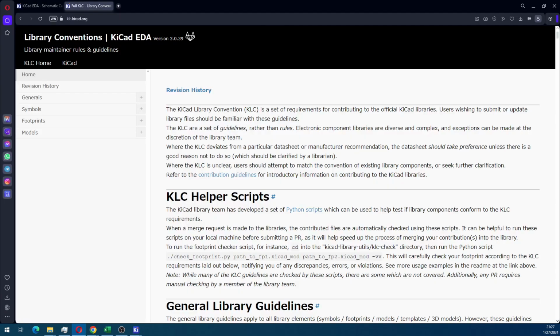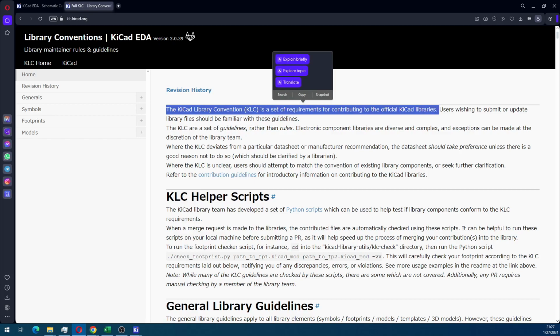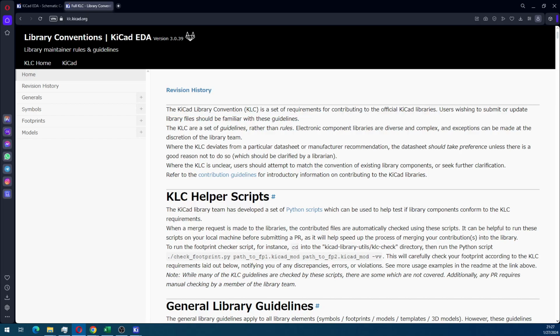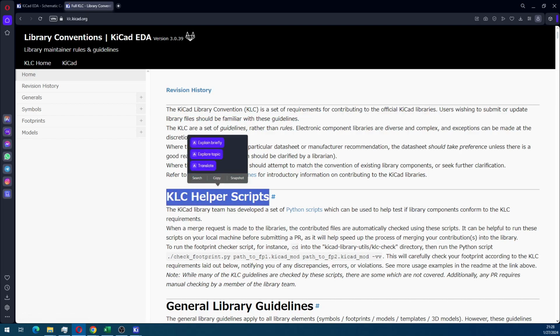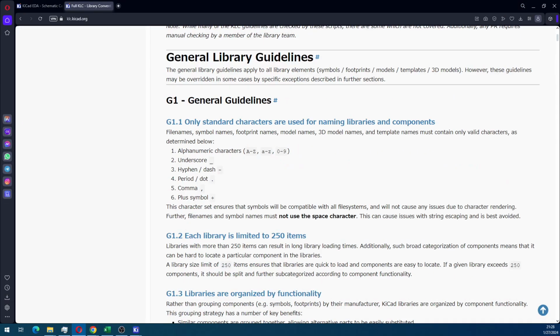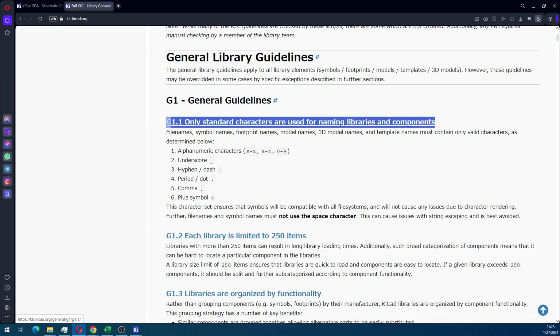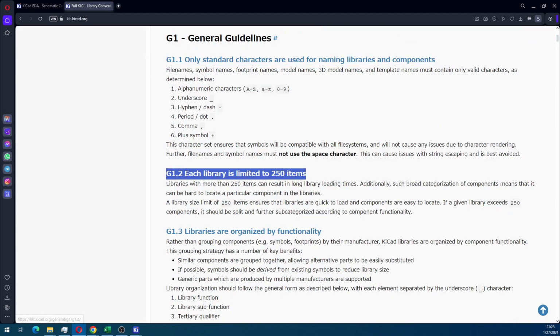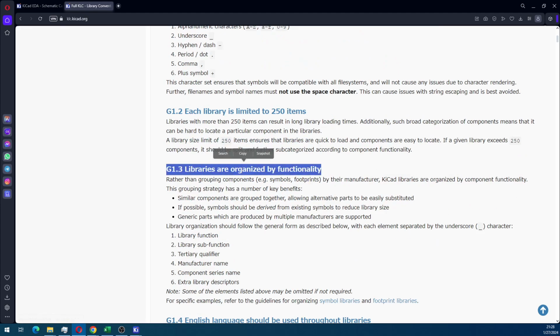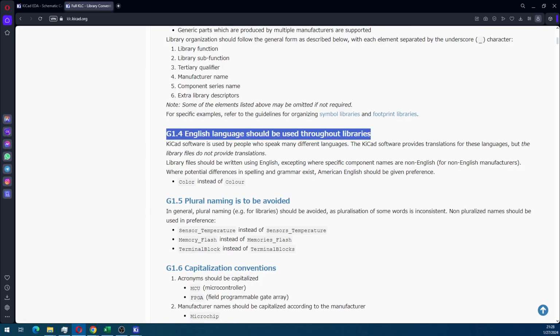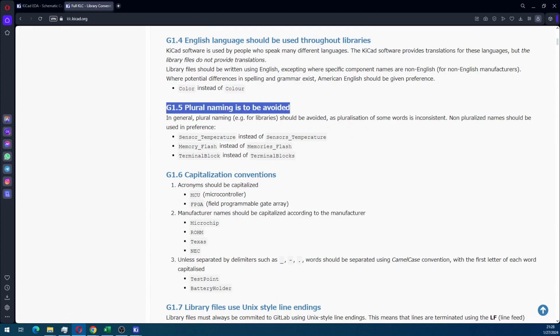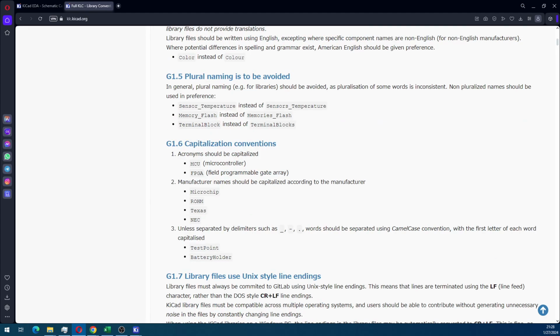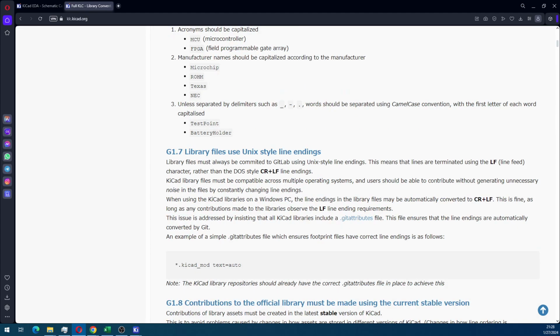If you plan on curating your own library of custom parts, there is a system for doing that, called the KLC, KiCad Library Convention. It's on the website, and it gives you the guidelines, for example, for how to set the grid, how far apart the pins need to be, how to name things or not name things, and what are considered illegal characters. If you follow the guidelines, and there are a couple of automated scripts to help speed this up, that's really your first step towards creating a well-designed, well-curated library that is probably at a quality level that you could submit to some type of repository